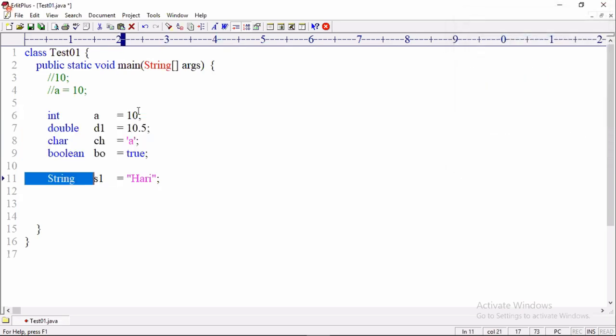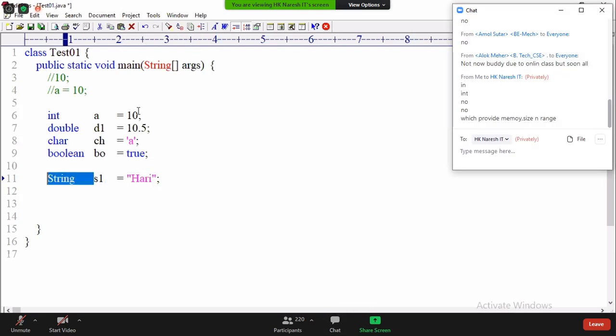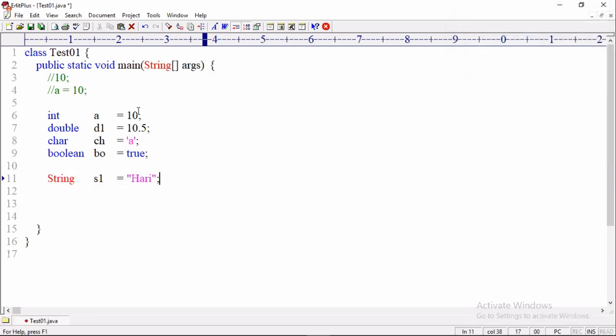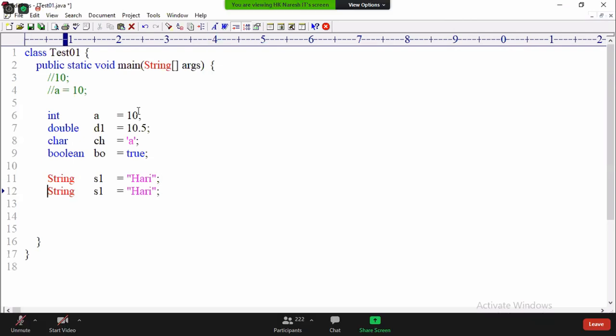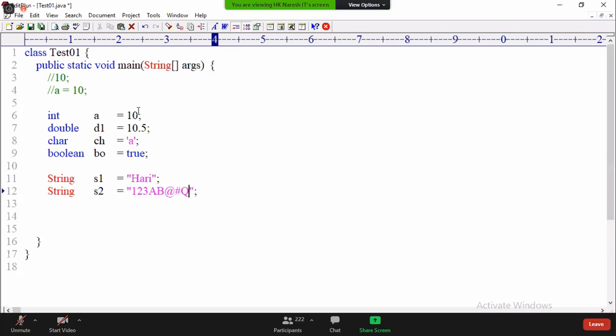Why? String is meant for storing multiple characters. To store multiple characters, what is required? A reference data type is required. Here String is a reference data type, which is a class name. Now String s1 = "Hari" is a data type and variable. Now I am taking another example. If you remember, a PAN card number is an alphanumeric number, or a bike number is an alphanumeric number. If you want to store some alphanumeric number, then you must use String. So remember these points.